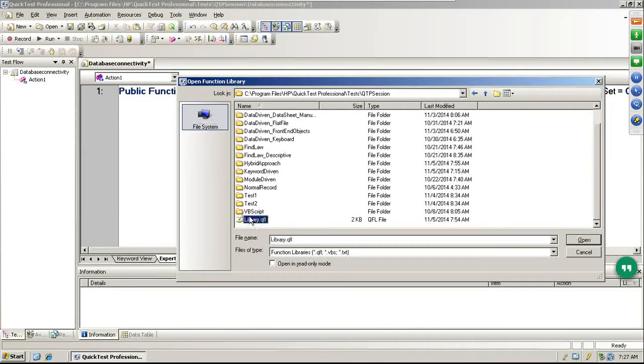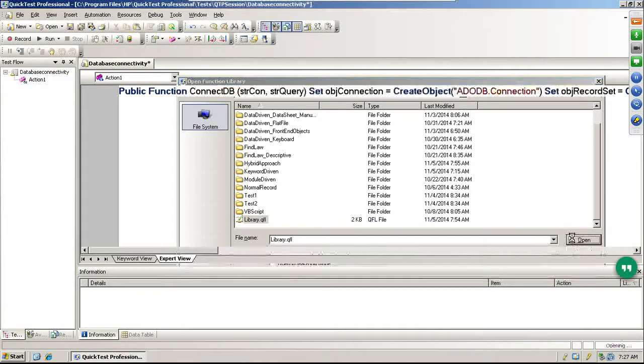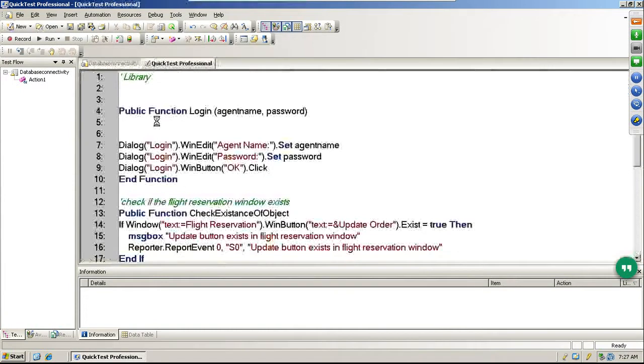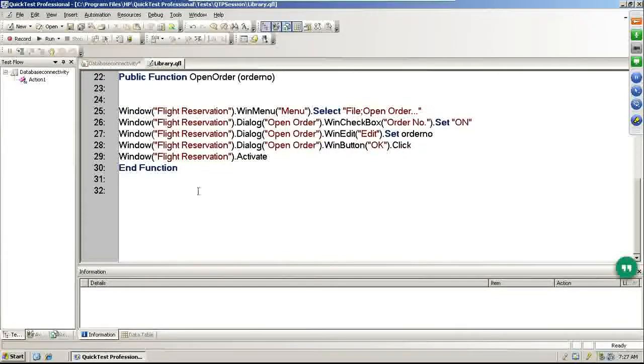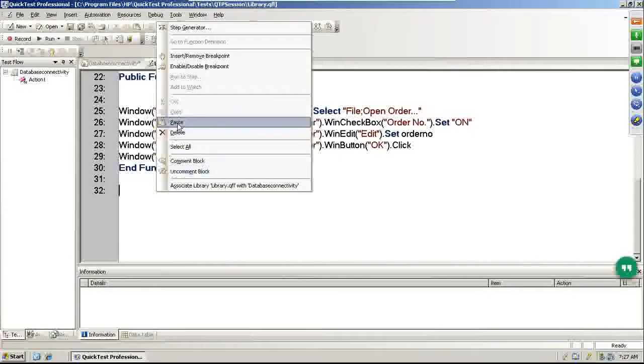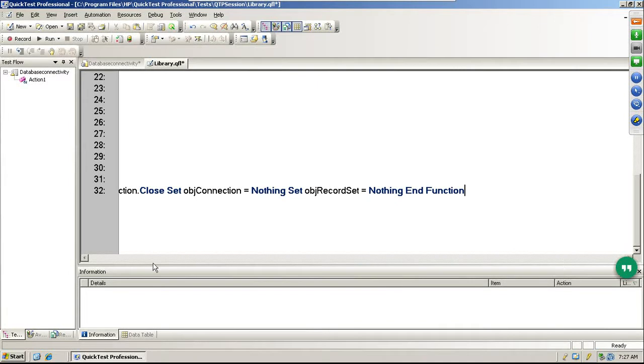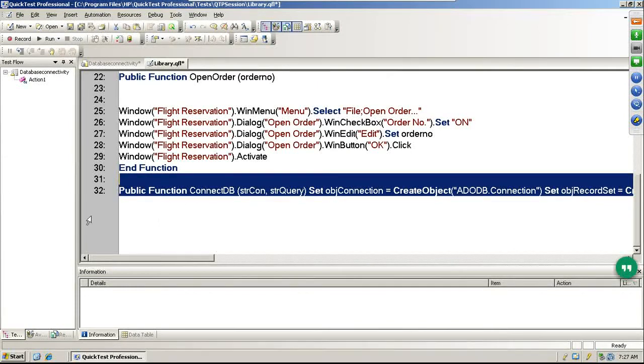In one library you can store as many functions as you want, so that's why it's suggested. A single library is always good, and we have created so many functions. The function definitions will be there, but unless you call them they won't be used, so don't worry about it. So I am pasting the whole function here rather than in the test itself.